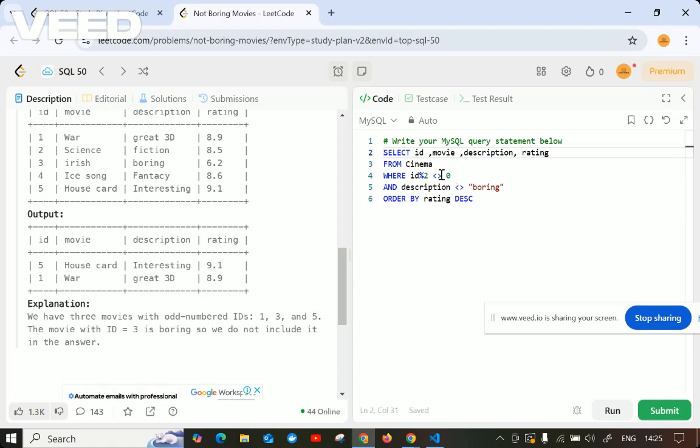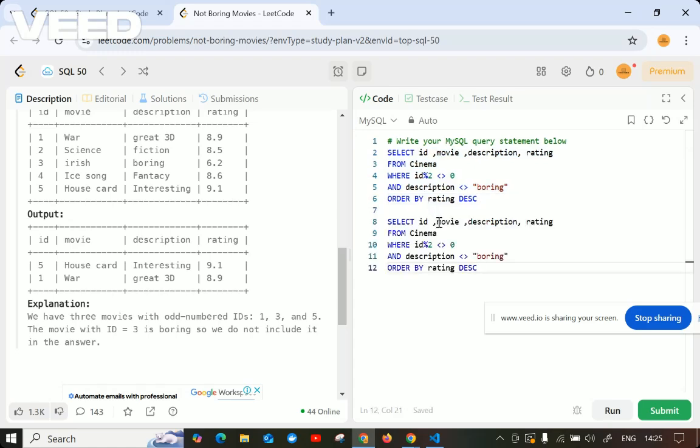Another thing we can do is use the not equal to symbol, or we can also use this other not equals symbol. This is also fine, so using this will also work.